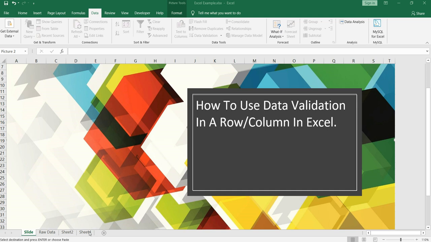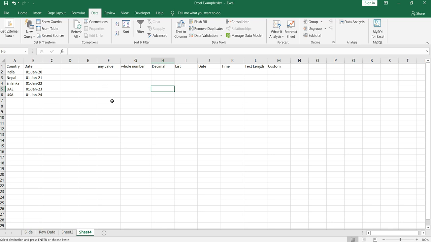Okay, so let's go to our example first. We have our data in column A and column B, which I'll be using in my data validation. Basically, data validation allows you to restrict the data entry in a sheet. And how will you do it? You can specify what kind of value you want. Currently in our range A1 to A6 we have our country names, and in range B2 to B6